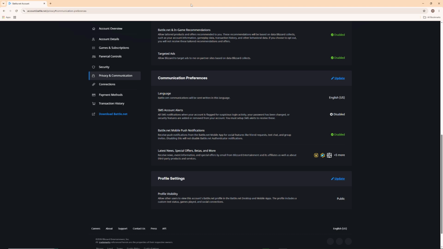One fix that works specifically for error 2403 is flushing your DNS cache and resetting your network stack. This sounds technical, but it's just a few commands. Open Command Prompt as administrator. Press Windows, type CMD, right-click and choose Run as administrator. Then type ipconfig /flushdns and press Enter. After that, type netsh winsock reset and press Enter. Restart your computer after running these commands. This resolves issues where your PC is trying to connect to outdated or cached server addresses that no longer point